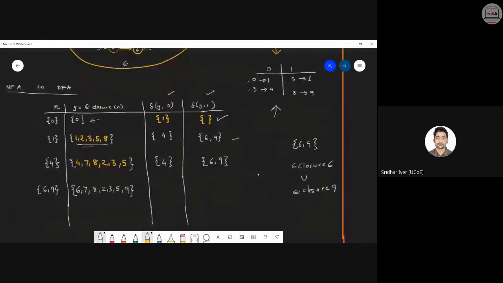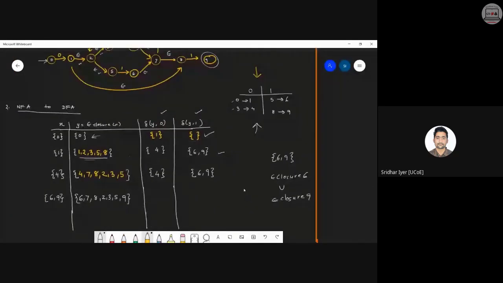Again check whether any more transitions are possible over here, any changes possible. Is 0 and 3 a part of it? 0 is not a part of it, 3 is part of it, so it will be 4. This will be 5 and 8, both are present, so we are getting the same repeated values once again. If I'm correct, kindly let me know. If this is what you're getting, kindly acknowledge and give me the answers.